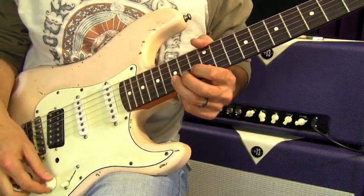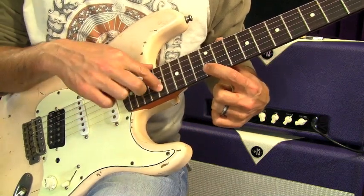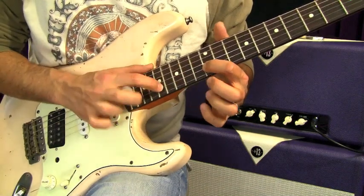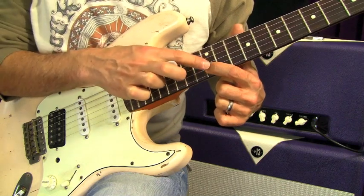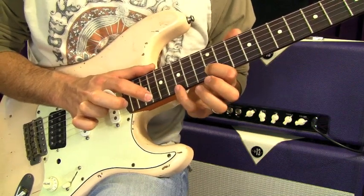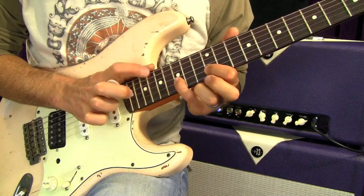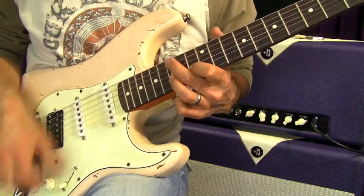Right, so those of you who aren't familiar with tapping, what you're going to do in this particular sequence is tap the 17th fret first. So you're going to tap with this finger, right? Let me give you a little volume here. So you're going to tap, and then you're going to pull off, which is going to release down to this 12th fret, right? And then with your third or pinky, whichever one you like, you're going to hammer on. So the whole sequence is going to sound like this. Right? So you speed it up and you got...